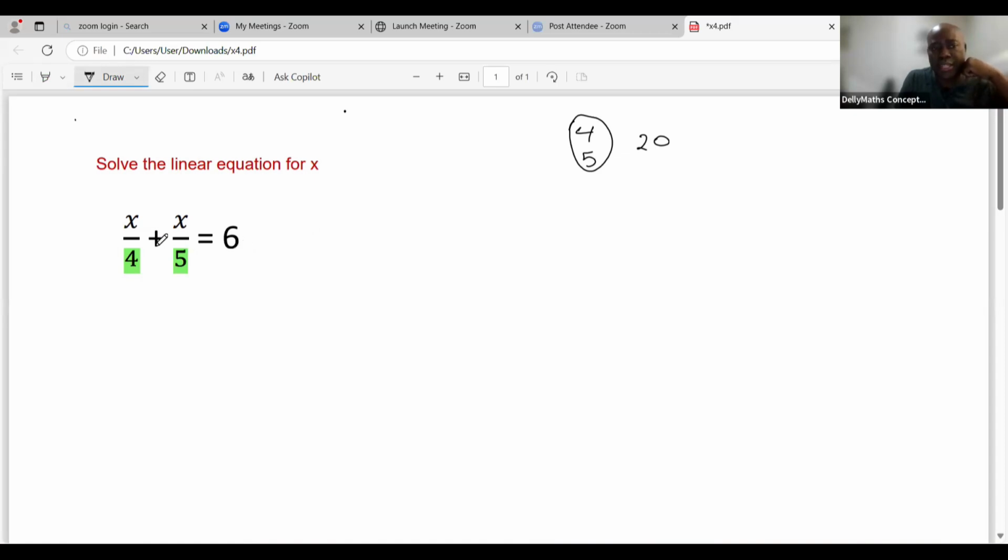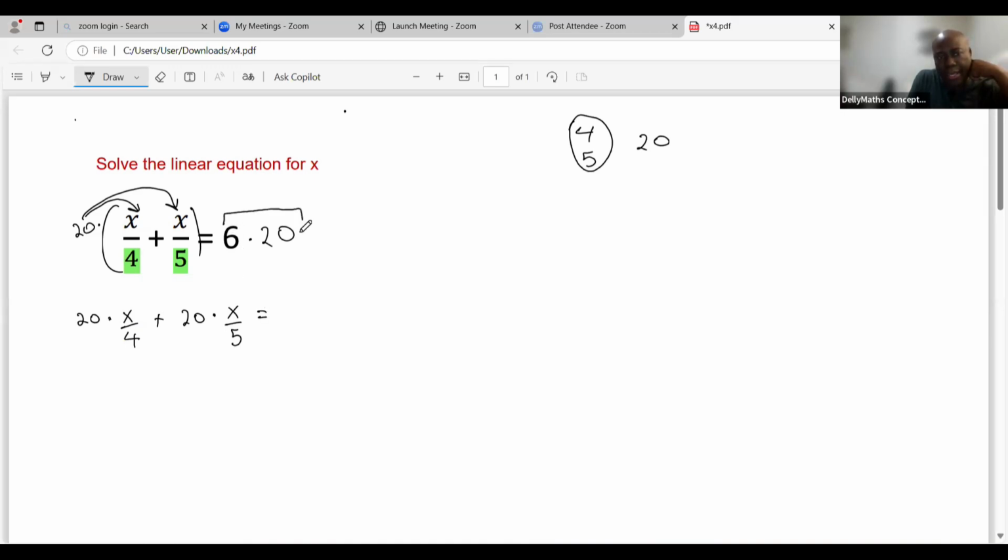Now, what we're going to do with that 20 is multiply the left side by 20, and multiply the right side by 20. So we're going to multiply both sides by 20, and by doing that, we distribute this 20 here, and then distribute it there. So let us take a look at what we really have. We're going to have 20 times x over 4 plus 20 times x over 5, and this is going to equal, when we multiply these,